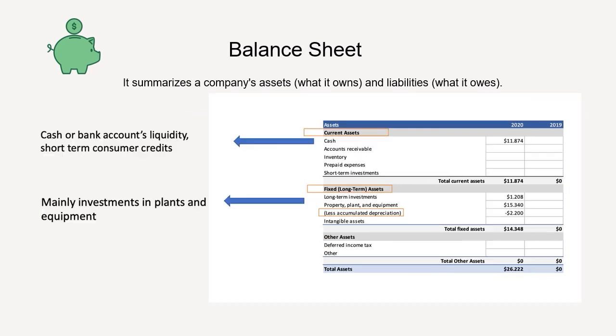Current assets. The term current in a balance sheet generally means short-term, which is usually 1 year or less. Common current assets include cash, coin, balances in checking and savings accounts, accounts receivable, amounts owed to your business by your customers usually within 10 to 60 days, inventory, goods for sale, and prepaid expenses, like insurance and rent.